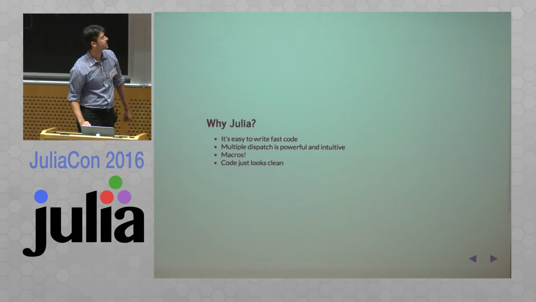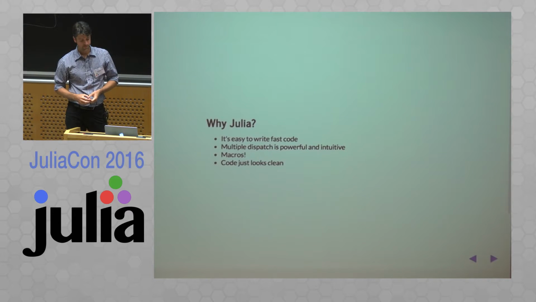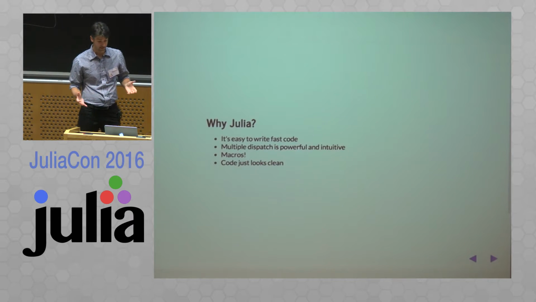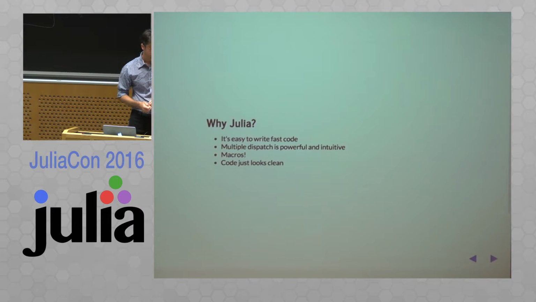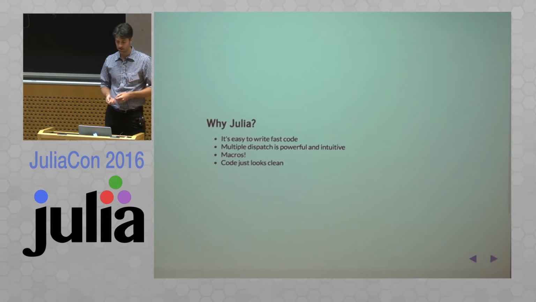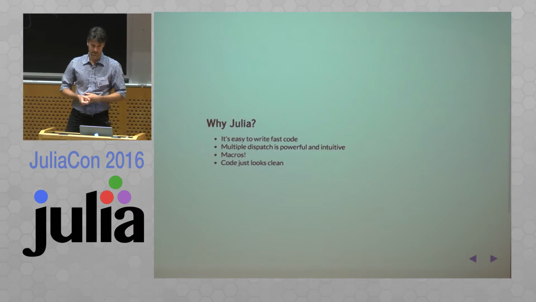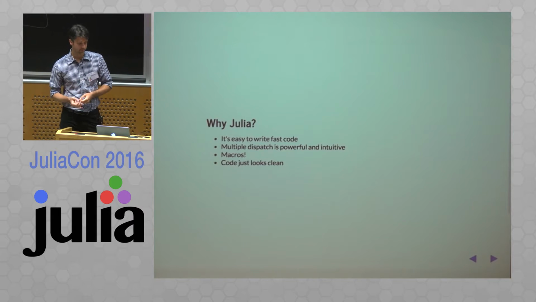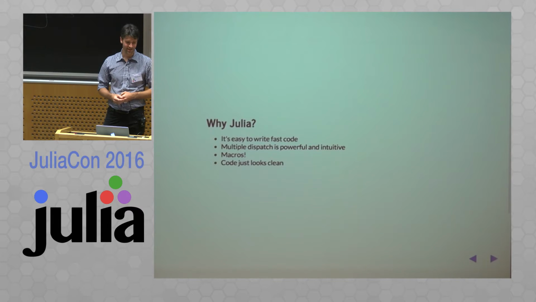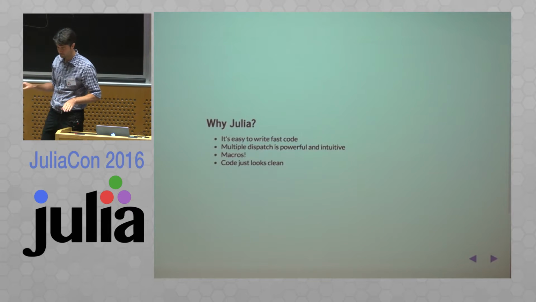Okay, so why do I like Julia? Well, it's easy. I find that it's easier to use than Python. I have to think about things less, and I only need to think about them when I need to think about them. I can go through lots of code, throwaway code as I call it,